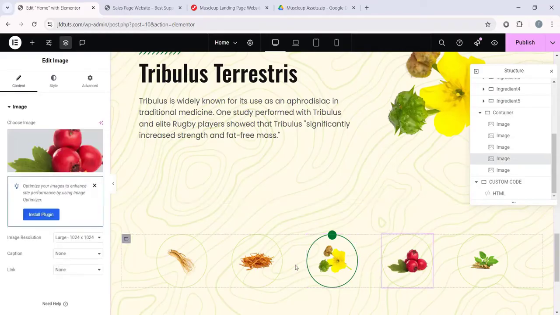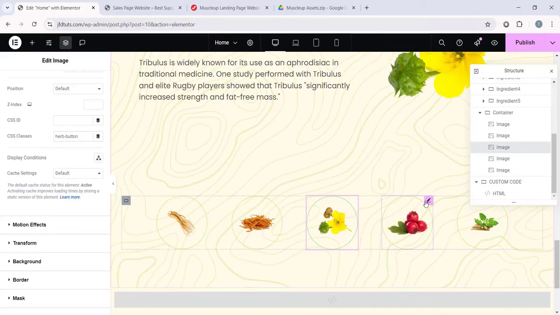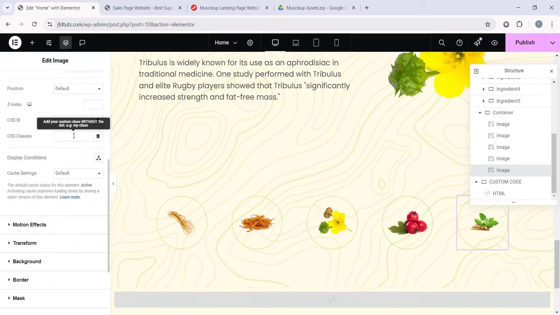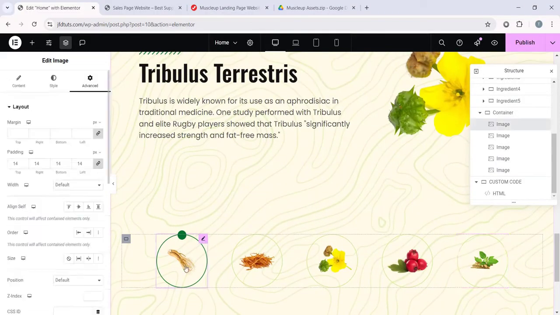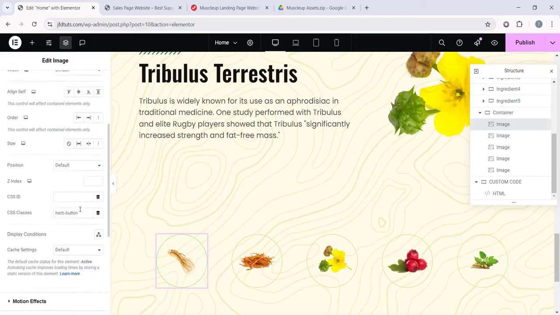Okay, alright, then this one, add the class, and the last one just add the class. Okay, so every one of them has the hover effect. Now the hover effect is good. Now what I'm going to do is first select this first one. Let's start with the first one. If you scroll down, you'll have